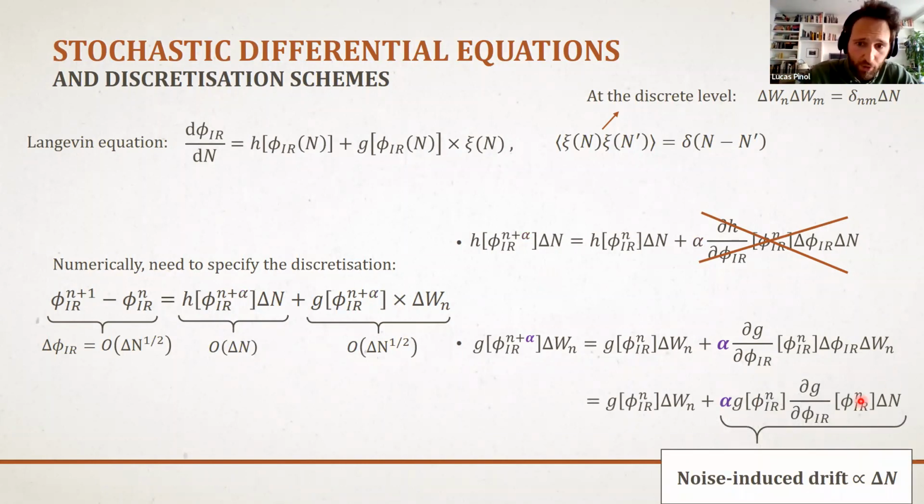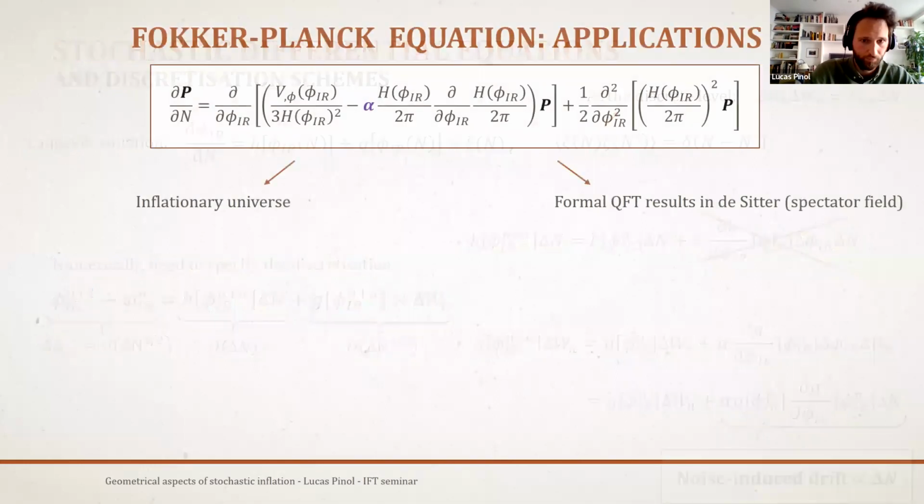It is deterministic. It does not depend on delta W anymore, but it is intrinsically due to the noise itself. You see that there is a noise and the derivative of the noise here, and it is proportional to this parameter alpha. So the choice of alpha actually changes the physical result of your resolution of your stochastic differential equation. This is why in your Fokker-Planck equation, which is the equation for the PDF P, from which you can derive physically relevant quantities, observables, two-point functions, any n-point function you want, you will have this alpha in the results. That's just life. With different alpha, you will get different physical results.